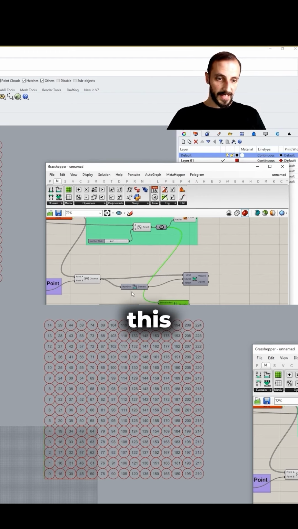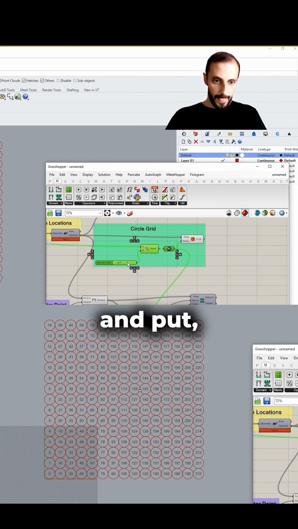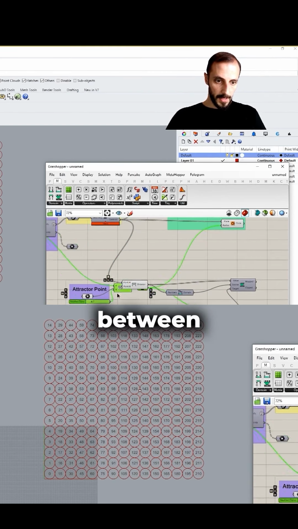And if I connect this over here, just to maybe, like, we can take these out from this group and take them, remove from the group, and we can just